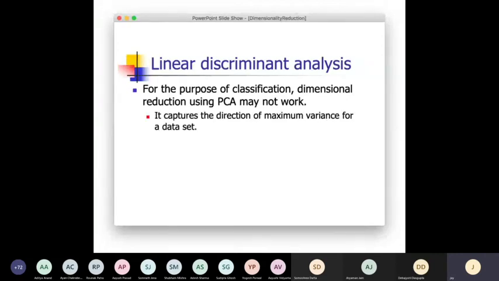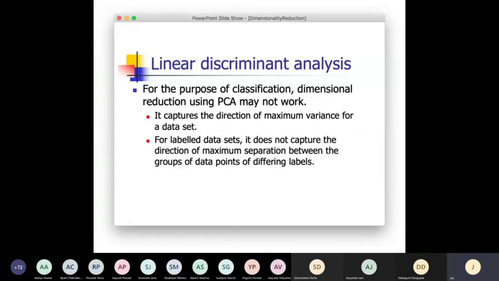So principal component analysis is not really addressing that issue. Principal component analysis captures the direction of maximum variance for a data set. And in this case, we are trying to get the maximum separation, which is not really captured in that direction, which may not be. Say you take this example,